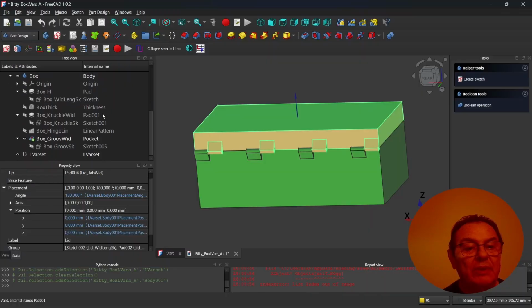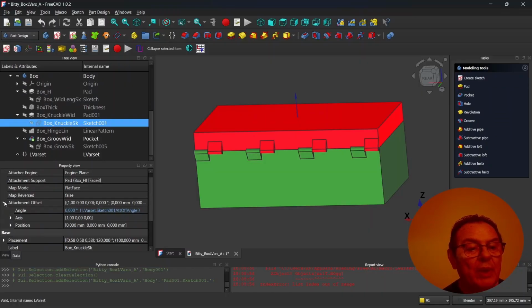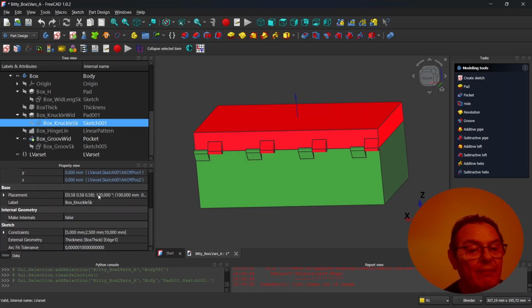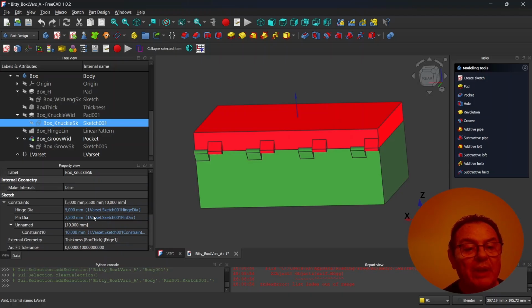For the sketch, for example, we can have the attachment offset and all the constraints that we used. Also, if you don't give it a name, like this one, Constraint10, okay, all bound to the VarSet.